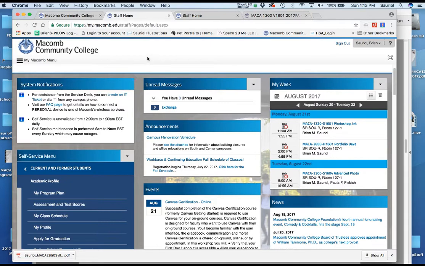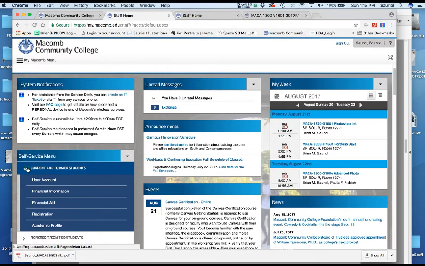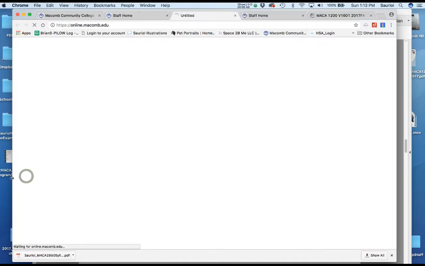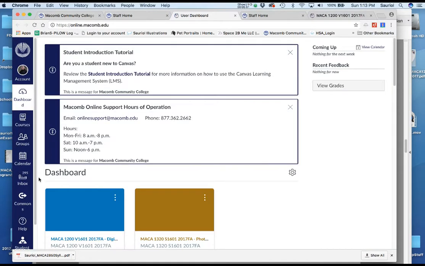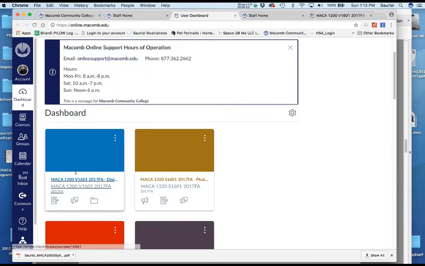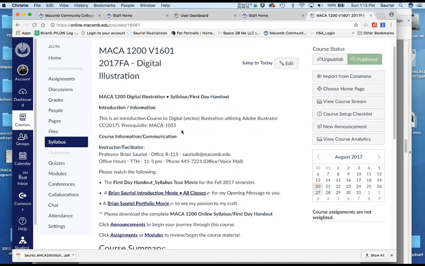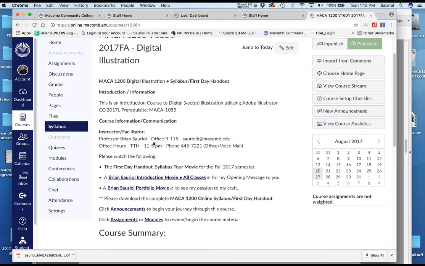This movie is about this class. So let me back away from this and let's go down to Canvas. Now in Canvas, which you saw me click on the lower left-hand part there, you should have your dashboard come up. Now you can get to your class, which my 1200 class as an instructor is right there. But you can also click these courses over here, and as many courses as you have. You may only have one course. It'll appear in this list too. So you go ahead and click it, and when I click this button, I will come directly up with this class. Now this is your intro page.